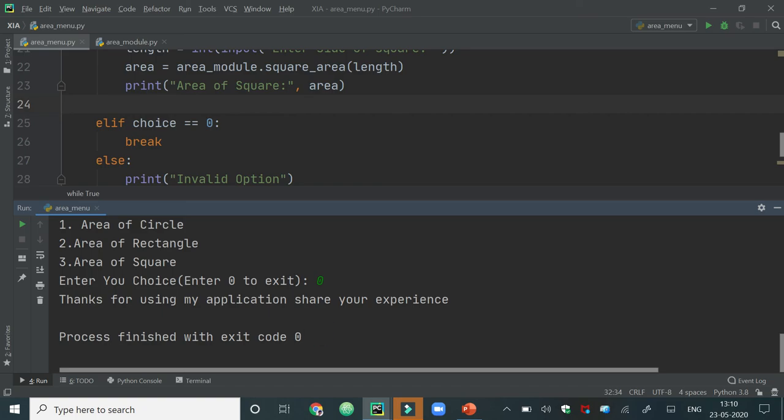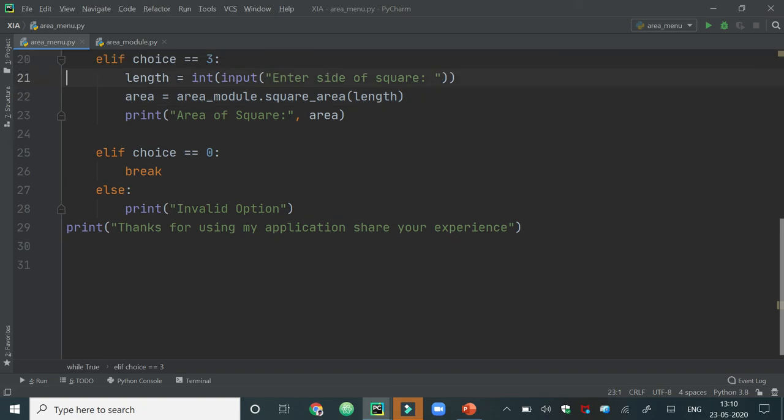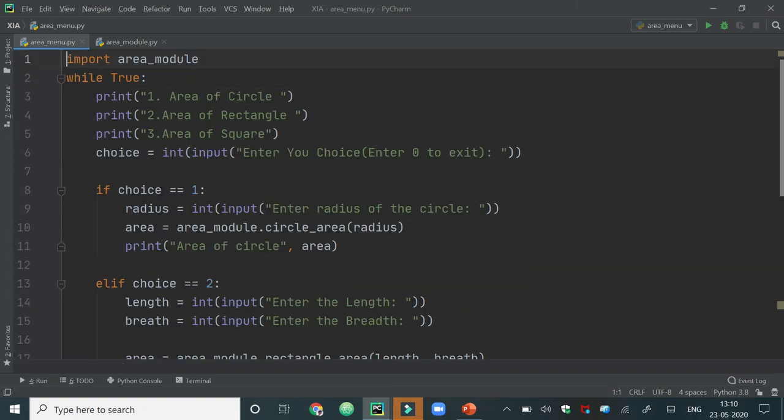So this is the demonstration of a program in which we have imported the area module.